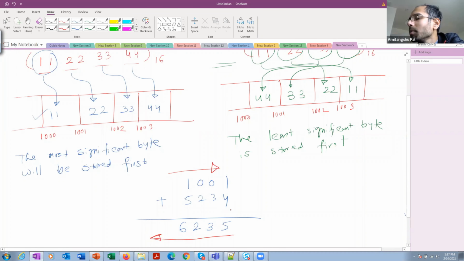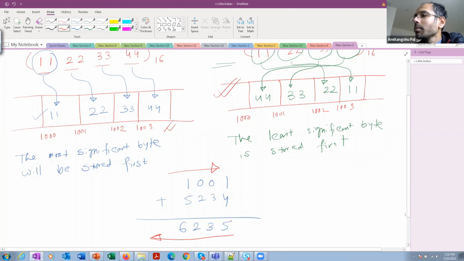But for any arithmetic computation, be it addition, multiplication or subtraction, we start from the right-hand side and come to the left-hand side. So if I change the order, the computation can be done more easily, because computation follows the reverse order of reading. In big endian format, your reading is fine, but during computation you need to first start with the last byte and then come to the first byte.